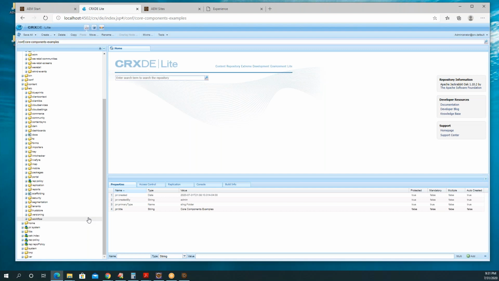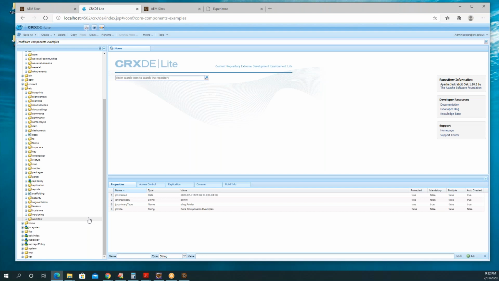So sometime back I told you, in earlier versions we used to create designs, and the content author used to apply the designs. So they have introduced styles. Okay, so now instead of creating design, the UI developer will create the styles, and the content author will apply the styles to the components and the pages. Okay. So under ETC, all other things are there, but only the designs folder won't be there. Okay. So these are some content repository changes you will find in this version.